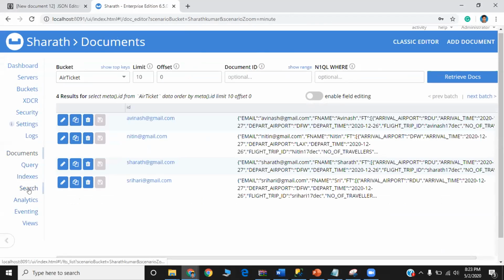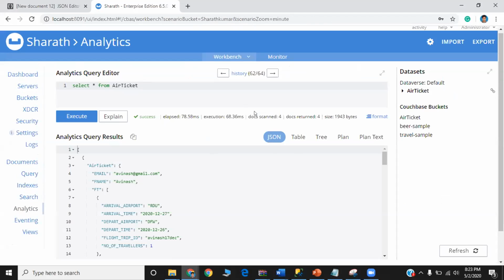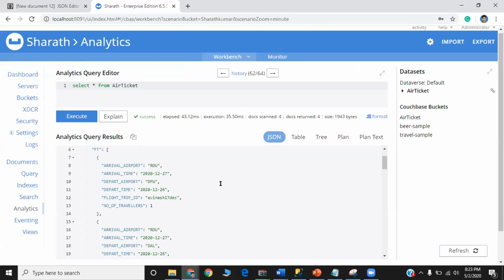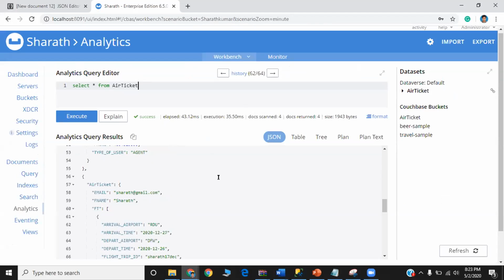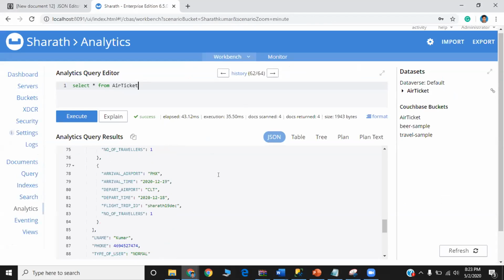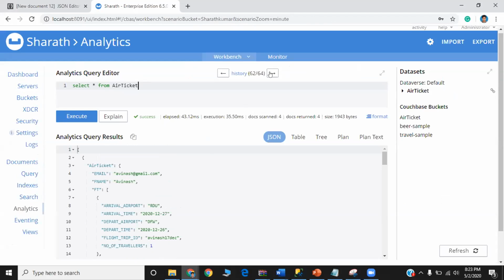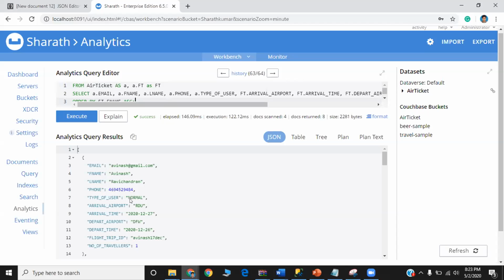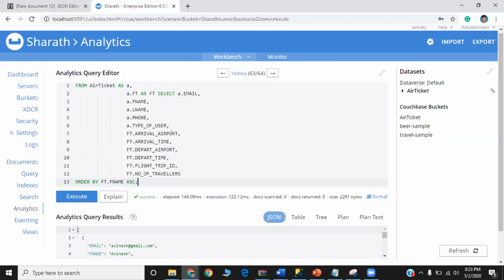And in analytics, we have listed out our data set, which we inserted using that JSON file. Again, this is our second query, doing an analytic operation on the JSON file.